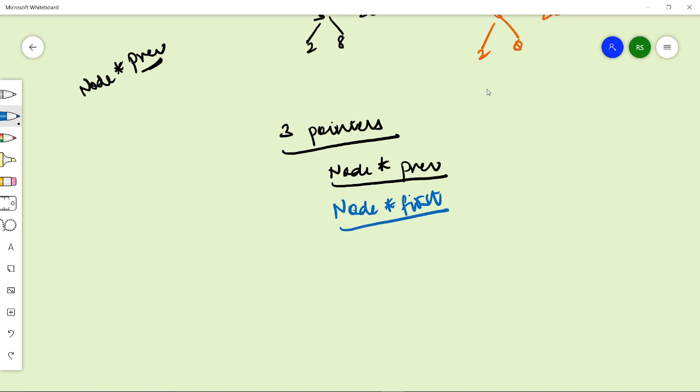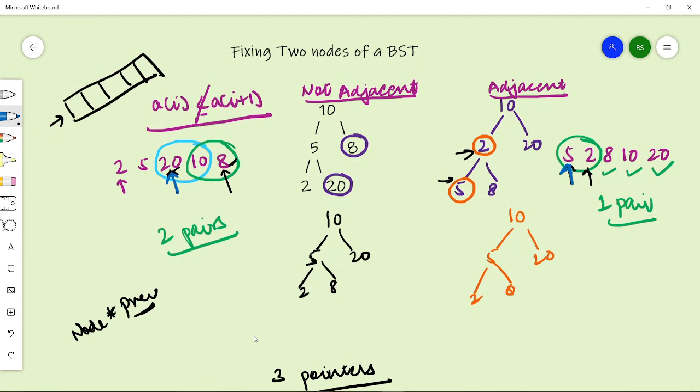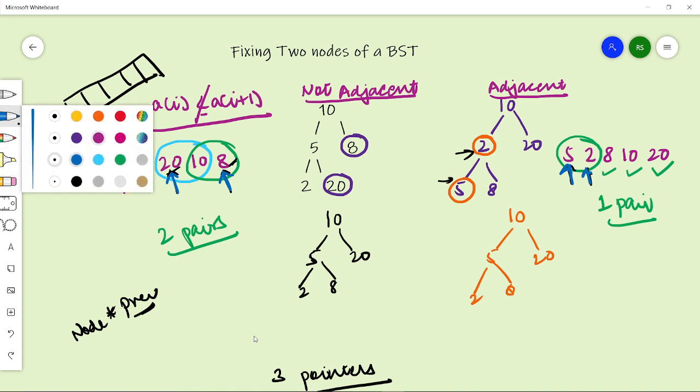This will store the first element that I have to swap, and the another is second. This will store the second element that I have to swap. In this case this was 8 and in this case this was 2. So now if we think of our algorithm, what is the algorithm that we have to implement?